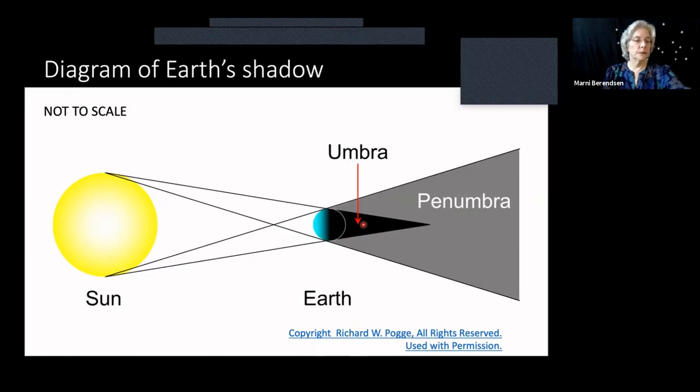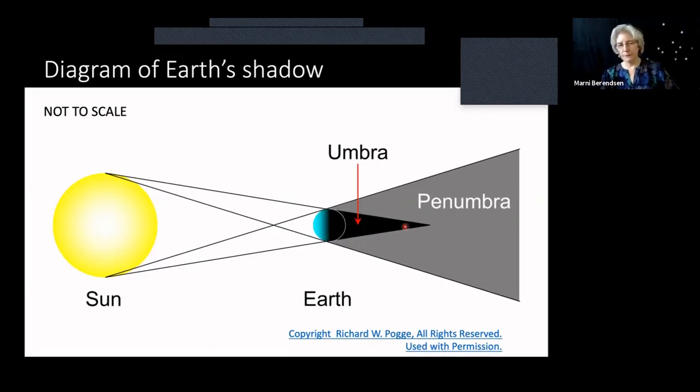It's the only time that the whole moon is in darkness. And our sky will be dark during a full moon at the same time.